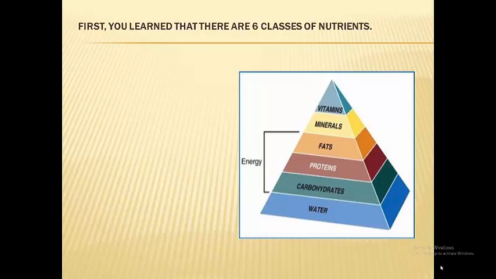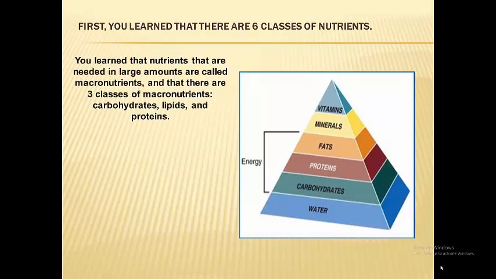So first you learn that there are 6 classes of nutrients, and water is that which we need the most of, hence it makes up the bottom of this pyramid. You then learn that about 45 to 65% of our daily calories should come in the form of carbohydrates, because these are an energy yielding substance, and that's why it's the next largest part. And then we need a greater proportion of proteins from our food every day than we do of fat, but we do need both. And then we need minerals and vitamins, and we need them in much smaller quantities.